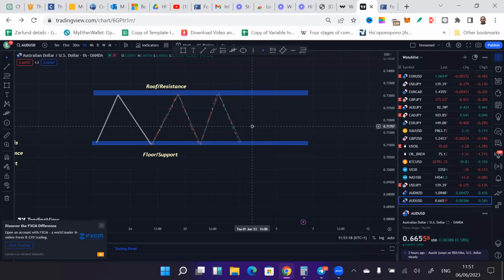After a while, that support will break. And when that support breaks, it becomes a resistance, which means that if a floor is broken, it becomes a roof. So this is the way it works. So when price breaks out of here,